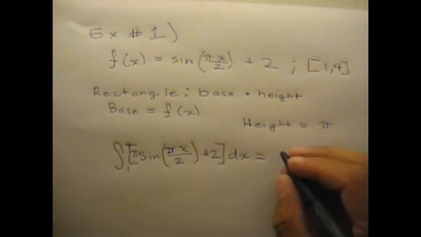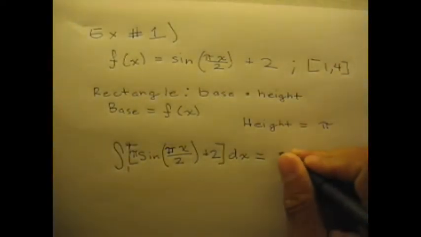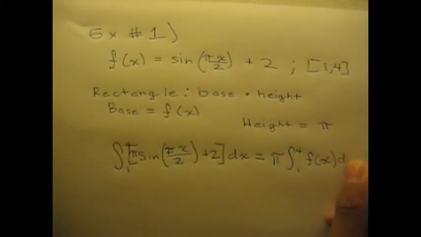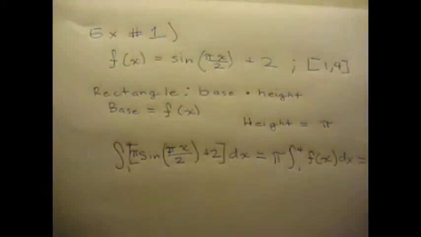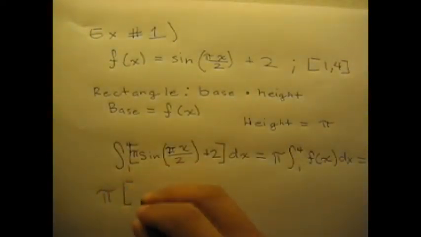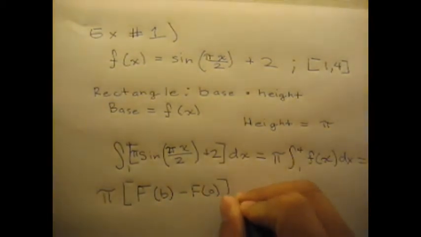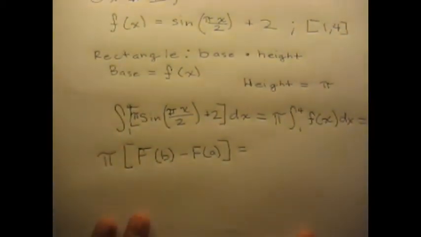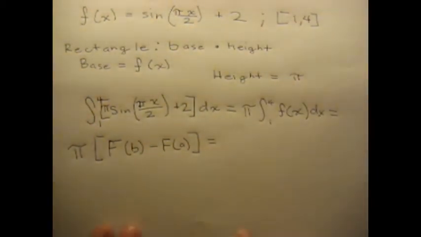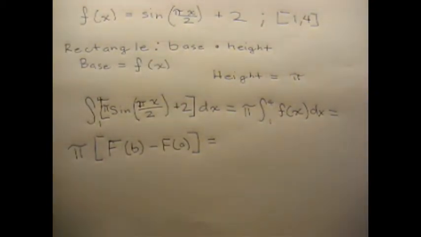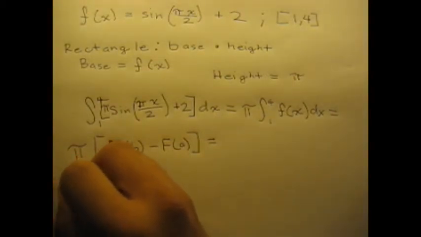Let's start with our calculations. We start off with the integral from 1 to 4 of pi times sine pi x over 2 plus 2 dx. We can then pull out all known constants, which gives us the integral from 1 to 4 of f of x dx multiplied by pi. With that, we can then follow with the fundamental theorem of calculus,